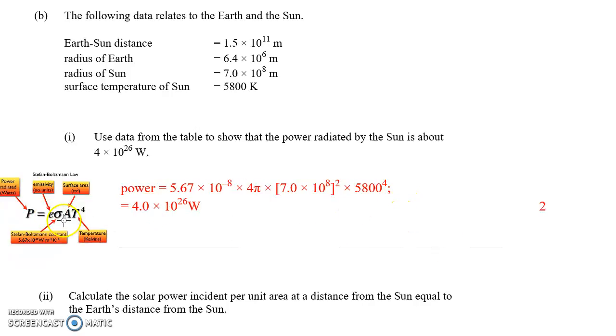Multiply the rest together. Remember, this area here is the surface area of a sphere. So we had a couple of people messed up. That's 4 pi r squared, the surface area of a sphere we're meant to include right here. Multiplied by the temperature to the power of 4, and we get 4 times 10 to the 26. So that's just applying the Stefan-Boltzmann